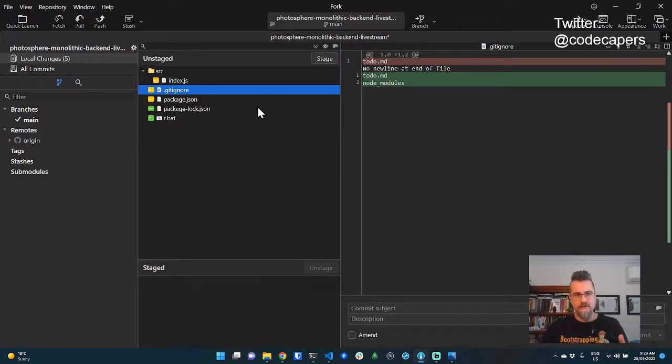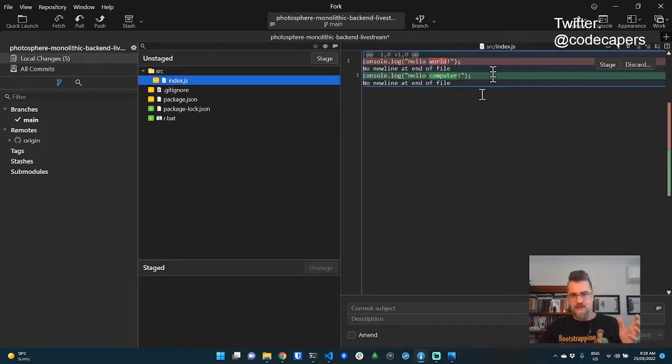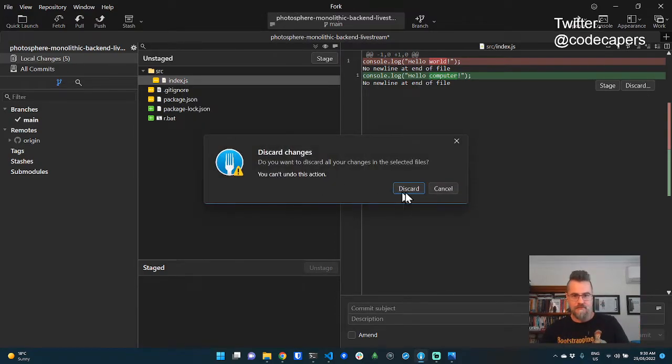Now, the thing I like about Fork is that it is really easy to see changes, to see what files you've changed, and to see the differences in the files that you've changed. So it's really easy to verify your own commits, and you can say, oh, look, I changed this from hello world to hello computer. I didn't mean to do that. I'm just going to discard that. I didn't really want to commit that. So discard the file.